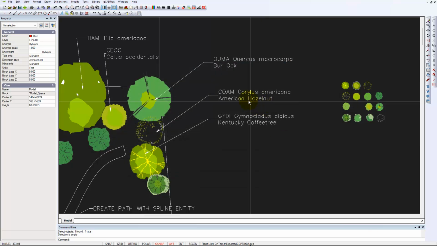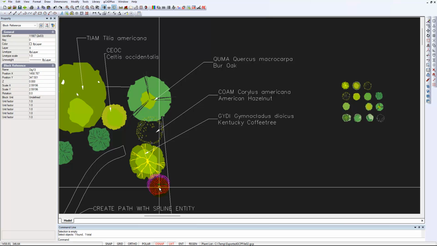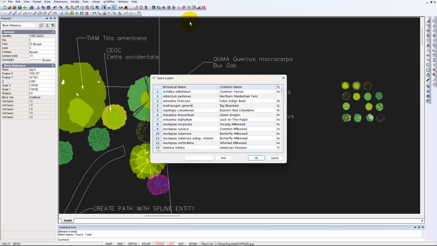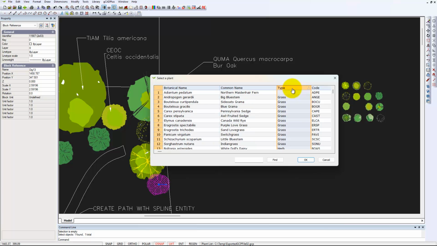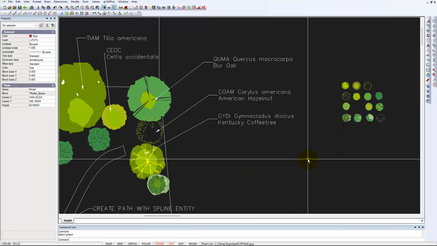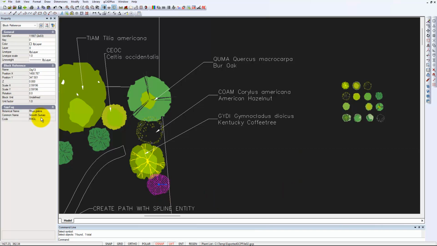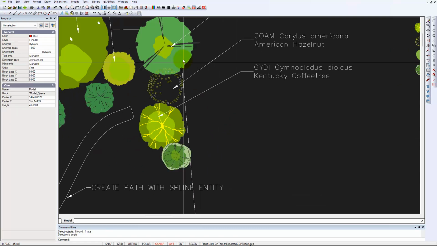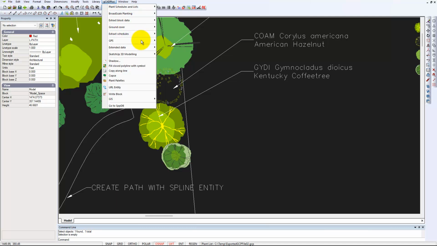So if you know the botanical name of something you want, you can find it very, very easily. But let's just see if we can click it. In gCADPlus, we're going to set data to a plant. We're going to stretch this out a little. We'll organize our types and we'll come down here. We're looking for a shrub that we haven't used before. Let's imagine that it's a rus or rus, depending on your pronunciation. So we've set it now and then cancel. So when I select the symbol now, it's a rus, and I can now apply the gCADPlus Smart Label tool,